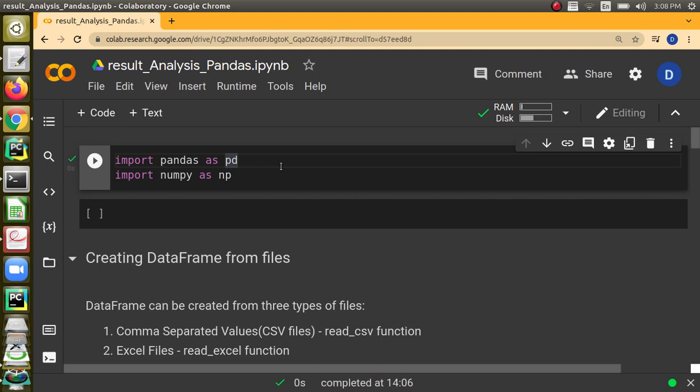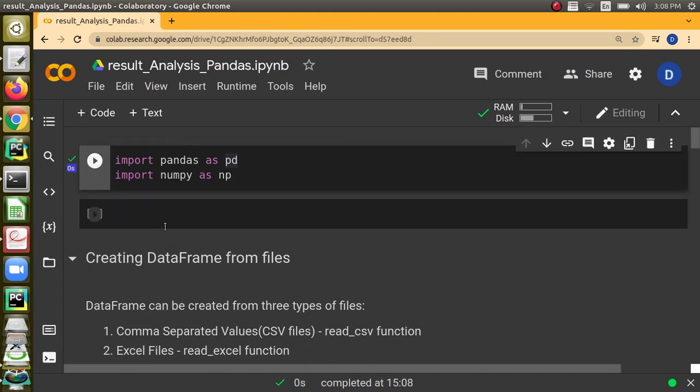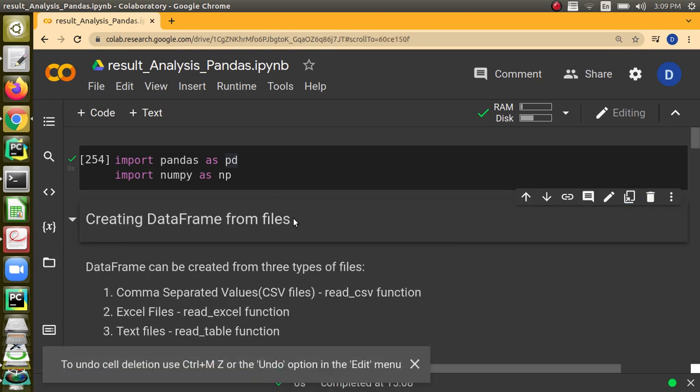Now the first cell, these are all the cells. Basically, as we know, there are 2 types of cells in Colab or Jupyter notebook: text cell and code cell. Text cell will contain some textual information which will be shared between people, and code cell is going to contain the actual code. Here in the first cell, which is a code cell, we have imported pandas and numpy, using the universally followed shortcut names: import pandas as pd and numpy as np. We can run this cell. I have used Shift Enter for running this cell, or you can click on the run button also. Now I am going to delete this empty cell that was accidentally inserted.